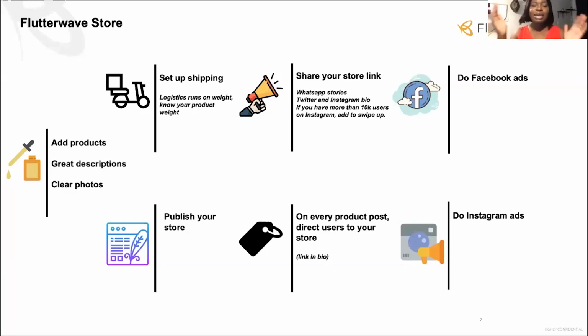So how do you do that? Every post you make, while you put your product description and your price, if that is your strategy, remember to direct people to make payments on your Flutterwave store. This way, even if they don't do it the first time, even if they don't do it the second time, if they continue to see it, they would more likely click on your bio and go see what your Flutterwave store looks like. If they see that the process is simple, they don't need to do a back and forth, because on your end, you can actually manage your inventory. If they try it once and it works, they would just keep doing it.